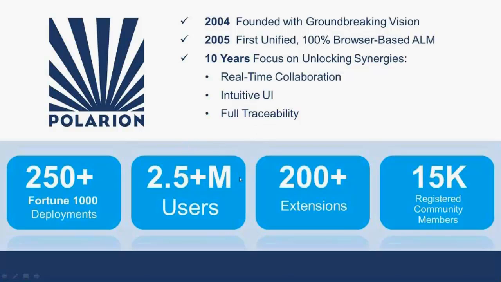So we have right now more than 2.5 million users, where I have to say that about 20% of these users are coming from Polarian ALM, from the sold solution, and 80% of these users are coming from our contributions to the open source community. There are more than 200 existing extensions on our extension portal available. So if you're interested or if you're already a customer of ours, just have a look into the extension portal from time to time. It's really updated every couple of days. And at the moment, we have around 15,000 registered community members, which we are really proud of.